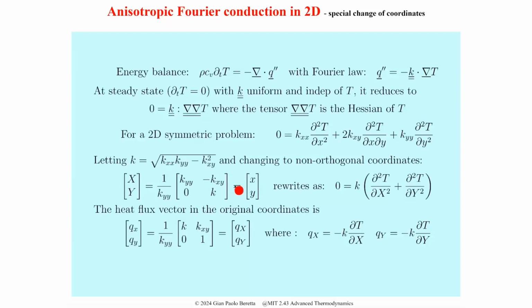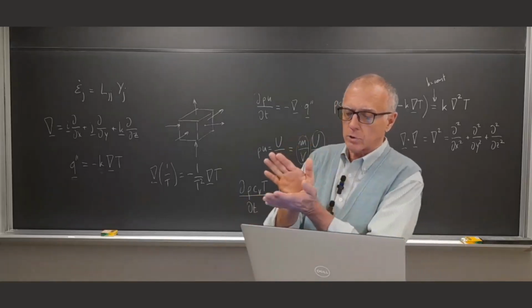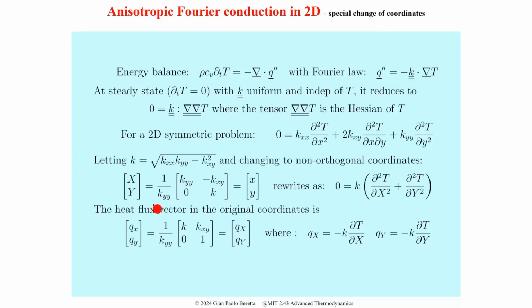Here, actually, this is wrong. There is no equal sign here. This is just the multiplication. So that's the linear combination of the original coordinates to give these coordinates which are at a certain angle between one another. And if you write it that way, then the Laplacian in terms of the new coordinates becomes like that for a uniform material,